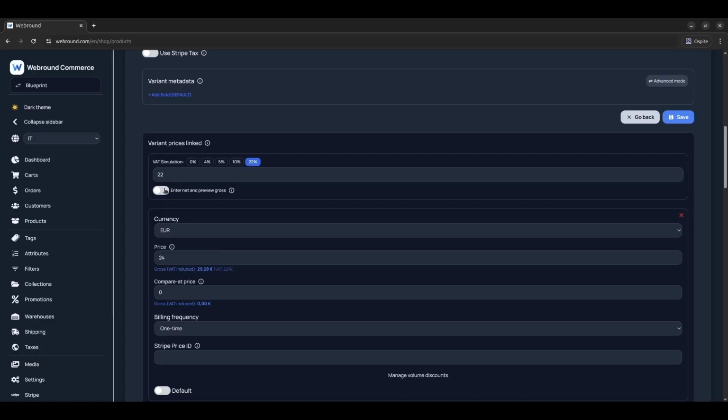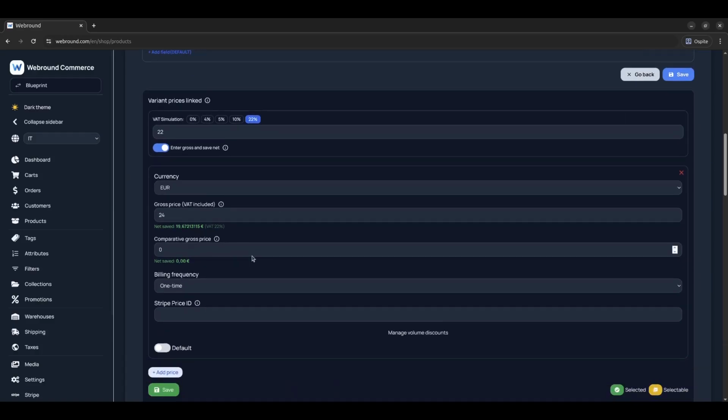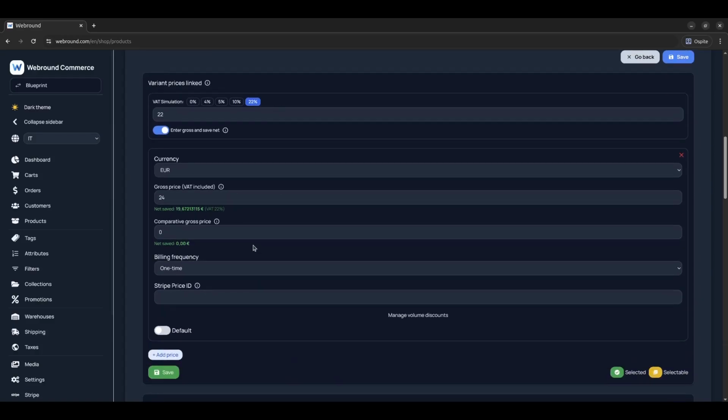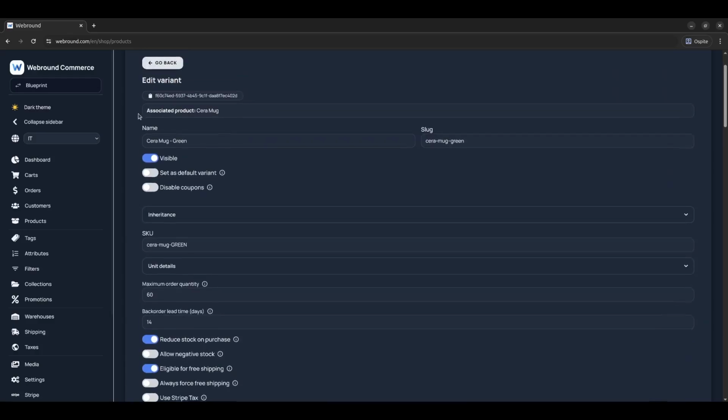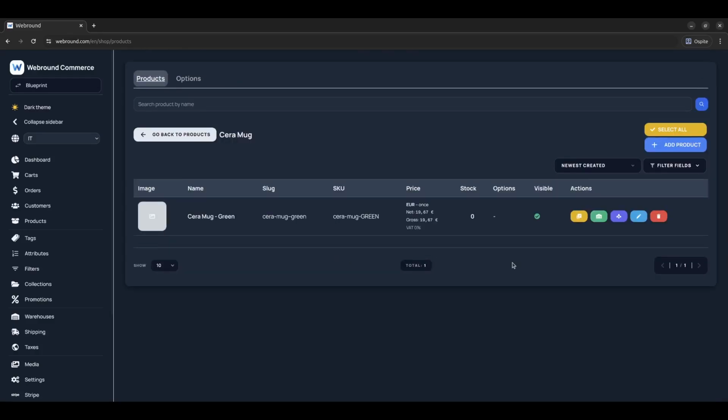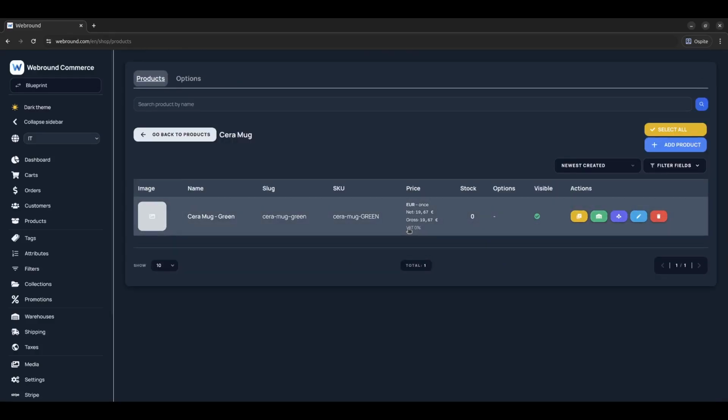If you want to enter gross prices instead, use the switch to enter the gross price. You will still be saving the net price into the database, but you can be sure that the final gross price in the store will precisely reflect the one you are entering here. Set the price as default and click Save. As you can see, the price is now shown for the variant entry in the table, but we still have